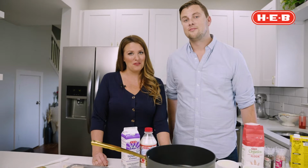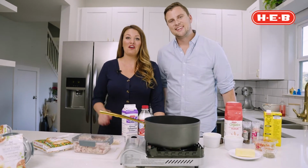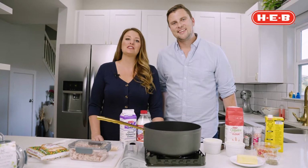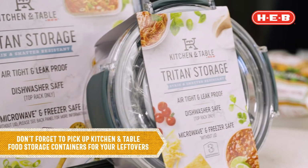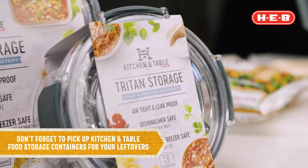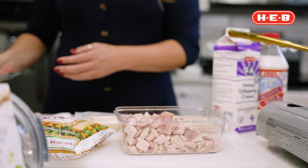holiday even brighter. Today we're sharing a vintage family recipe. We're using our family recipe for smoked turkey to make our mini turkey pot pies. We reach for Kitchen and Table's Triton storage in order to store our Thanksgiving leftovers to make this delicious leftover